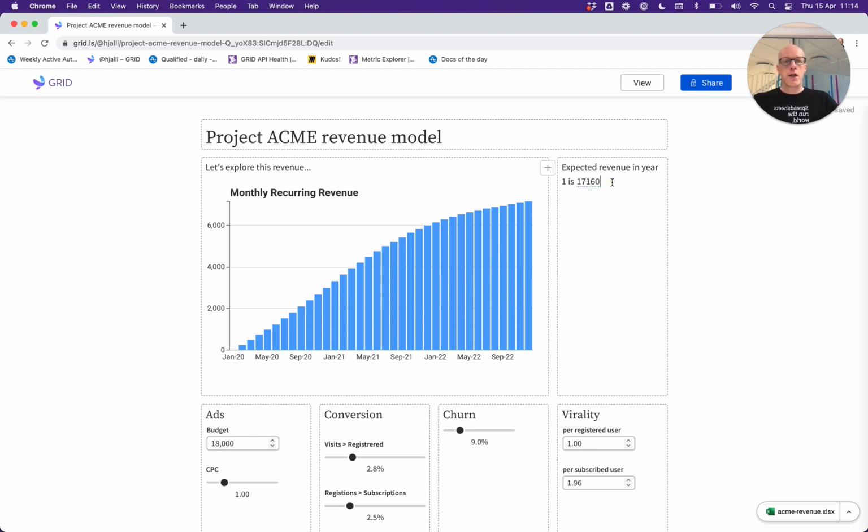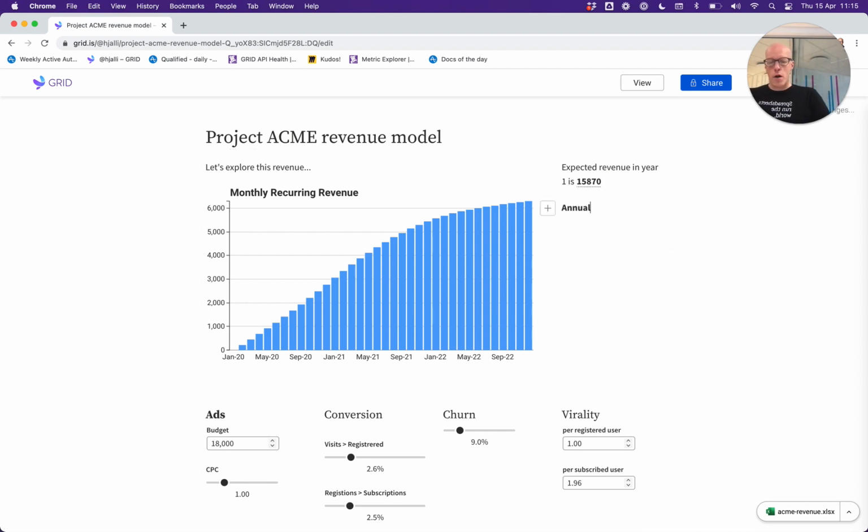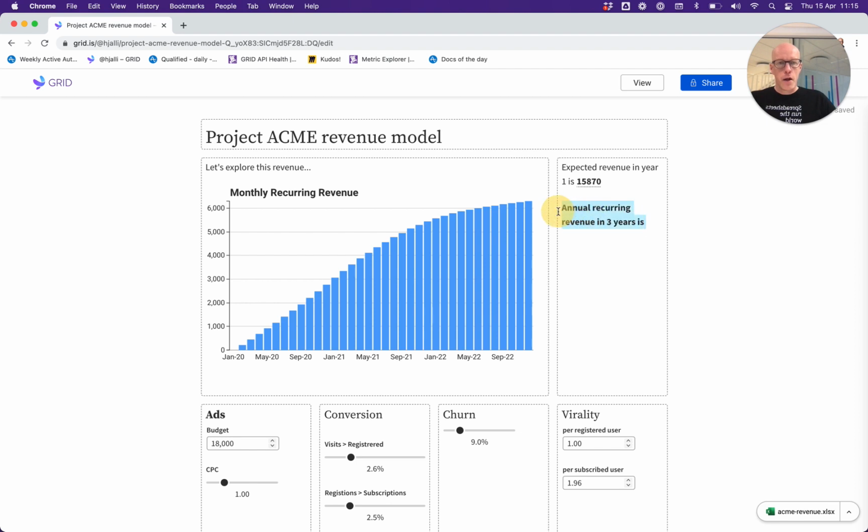That number doesn't exist in the spreadsheet model, but it is now a part of the calculation. We can make that bold just to call it out a little bit, and there we have that. Similarly, annual recurring revenue in 3 years is, and then it's all bold, but let's unbold that, bold, and that is equals,